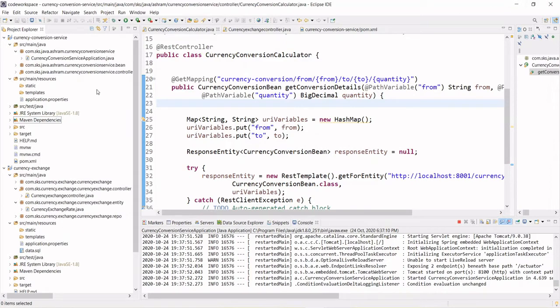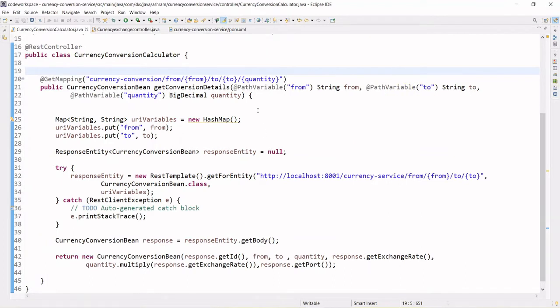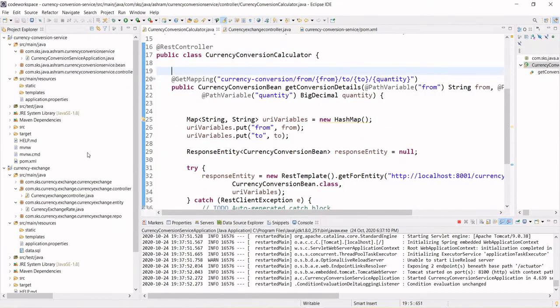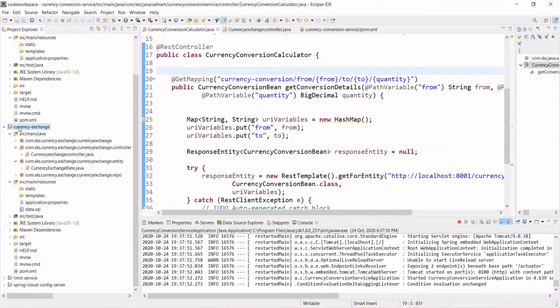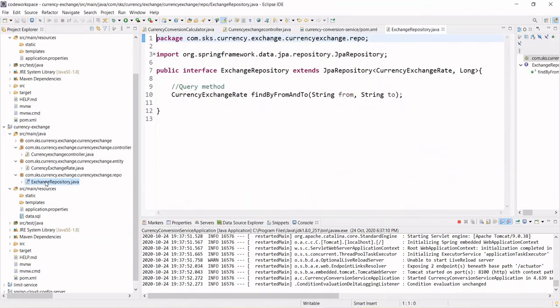Before moving ahead, you must know that when we connected with JPA in the currency exchange service, we had to write the repository to connect with Spring Data JPA. If you go to the currency exchange project, somewhere we have written the repository, like the exchange repository Java.